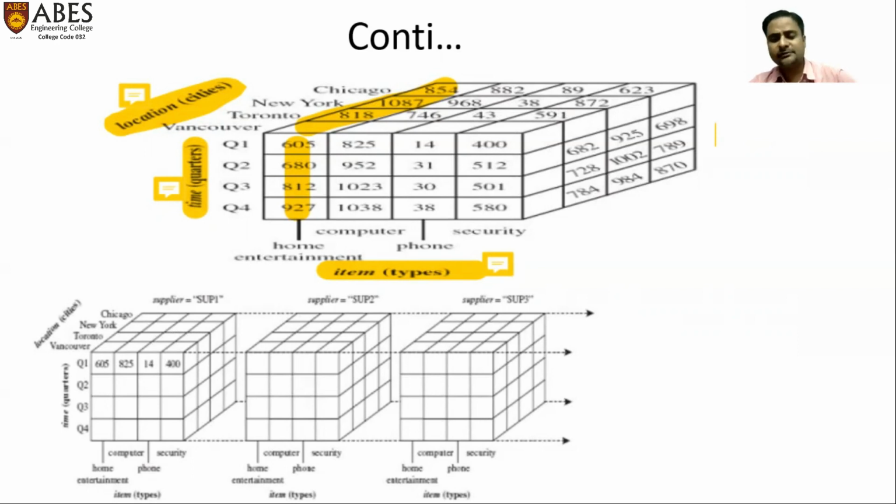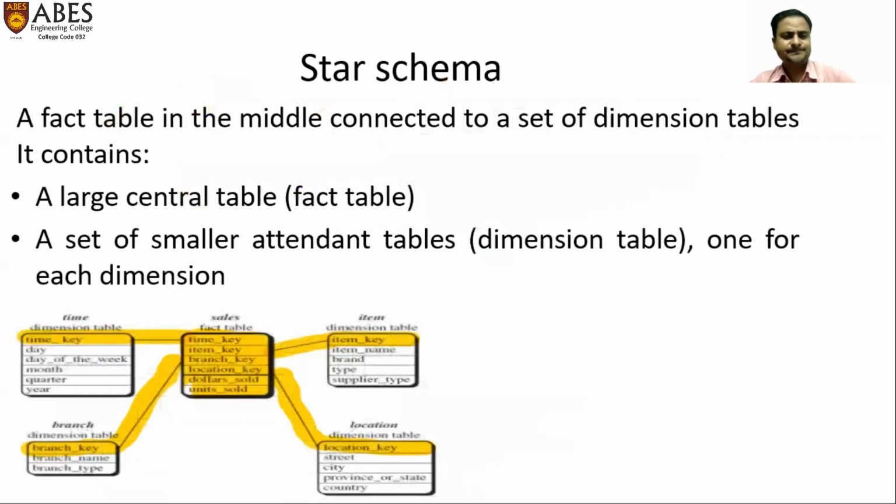So definitely SQL will not be able to handle this because multiple joins, tables, and attribute access have to be done, and a large amount of data, memory speed, and storage space are required. So processing time will be larger and the user has to wait for a sufficient amount of time. So in OLAP, the cubes are drilled down and up in multiple dimensions with the help of intelligent software